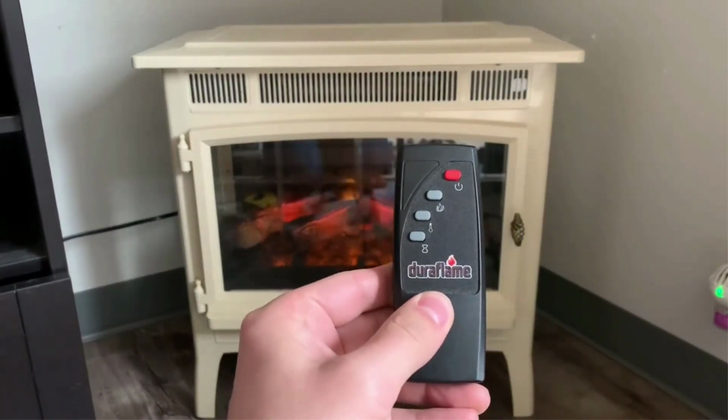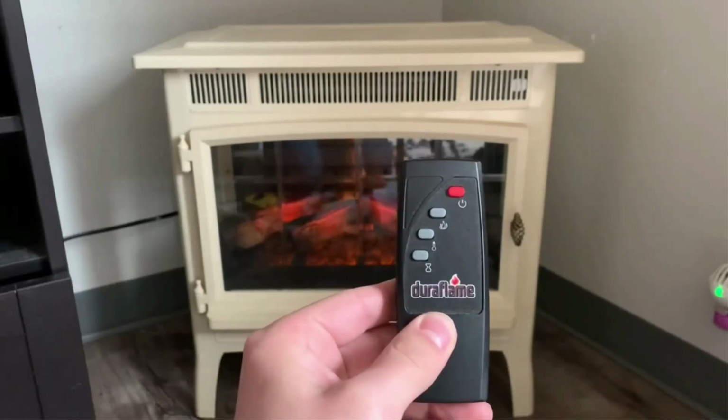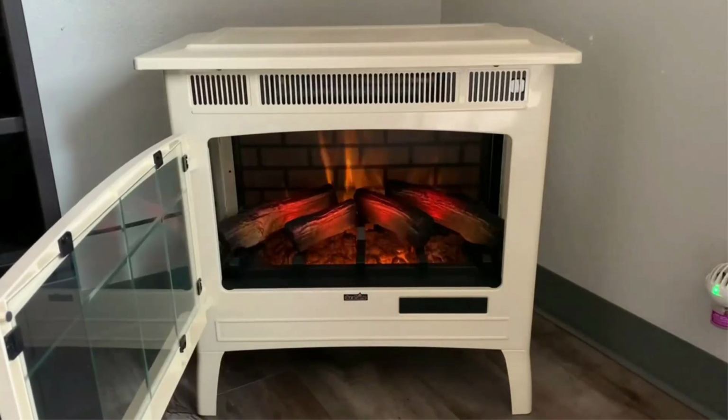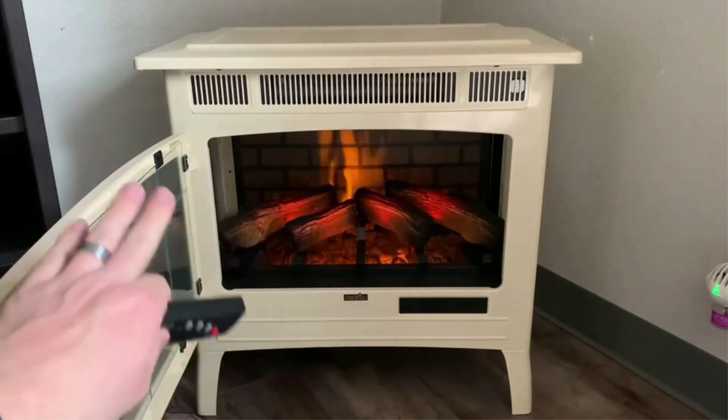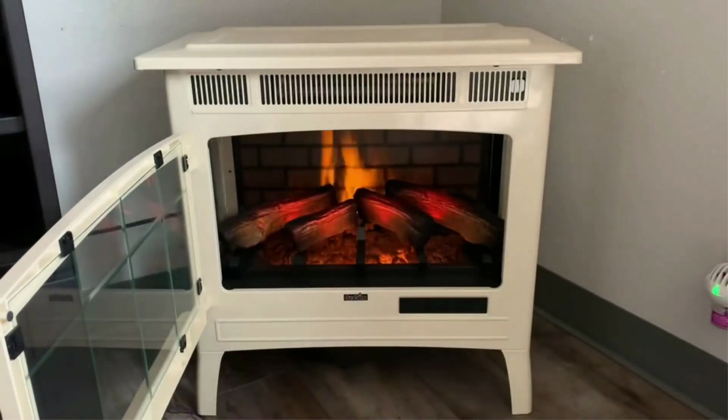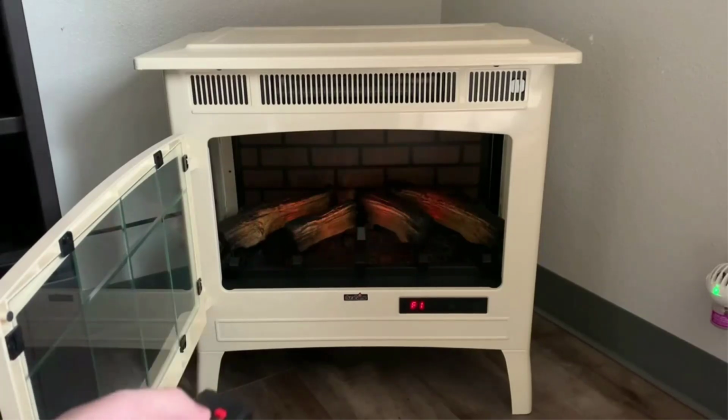The front grille of this unit got quite hot, which is something to keep in mind, since you will want to be especially careful to make sure it is out of reach of children or pets. The top and side of the heater, however, did not get too hot. We wish the remote had a better design and that the instructions were more clear, but we really appreciated this